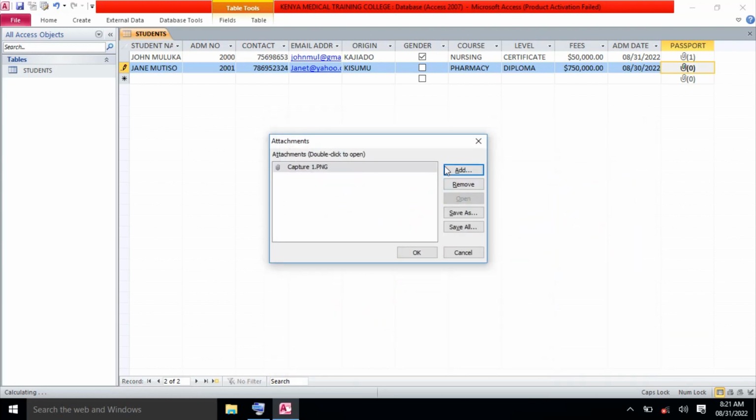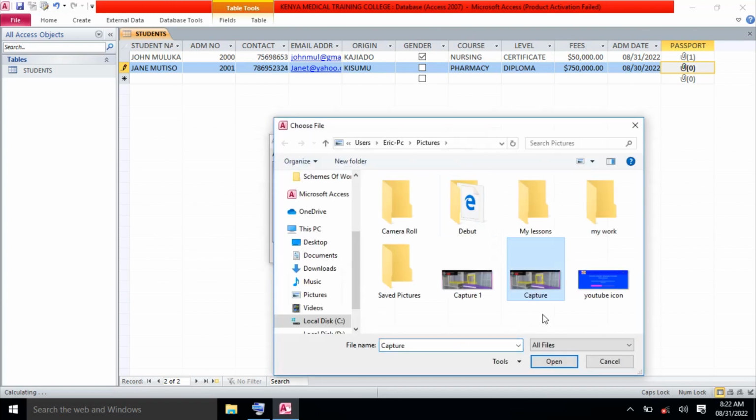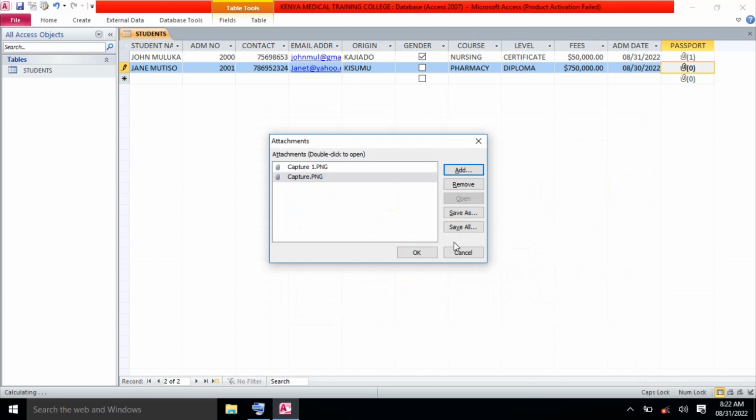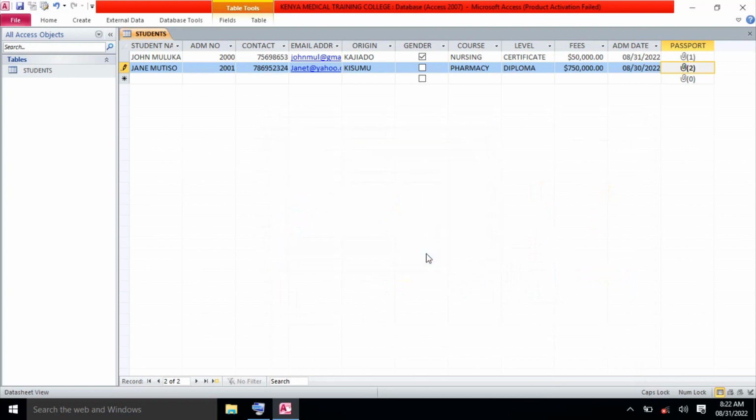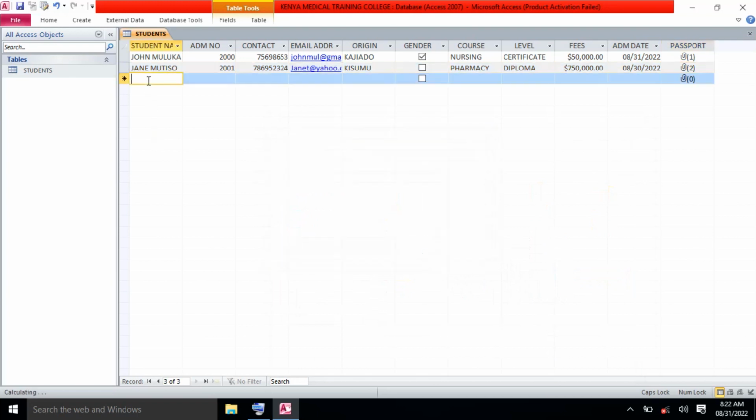I think this is the one that we put previously, so let me pick this. Then I click open. There it is. I click OK, and then let's go to one more student. I'll leave you to add others, and you're good to have Laura,